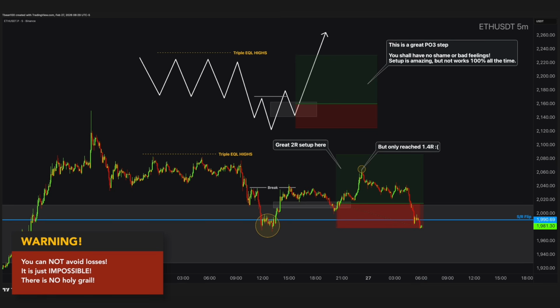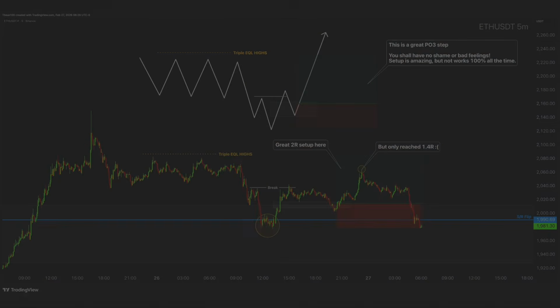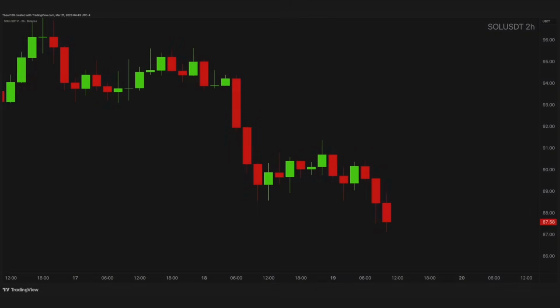Your strategy will fail from time to time and nothing can stop it. You have to be mentally prepared for failing setups because you are going to lose trades. That is just a harsh reality and the nature of trading. Let's take a look at a couple of clean price action moves that happened recently and use them to sharpen